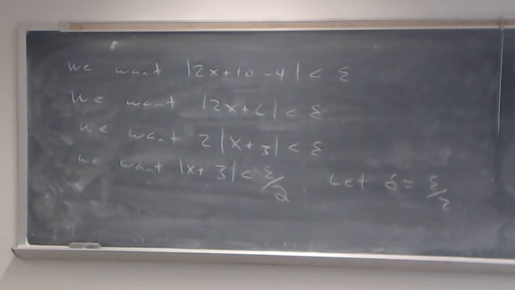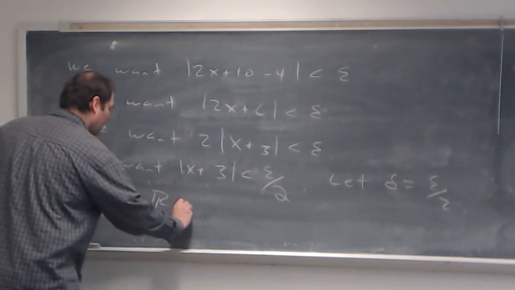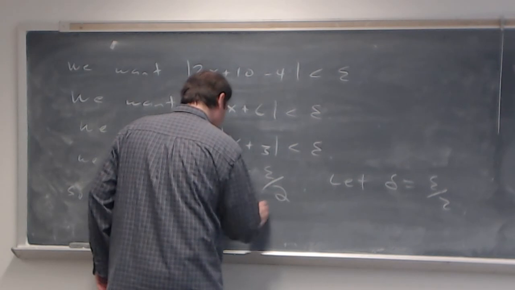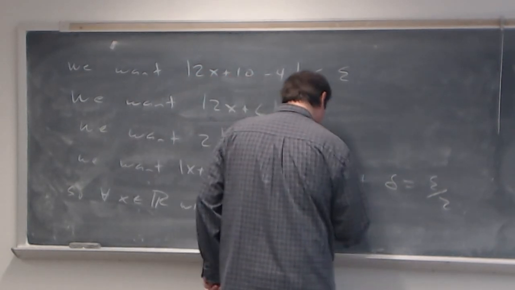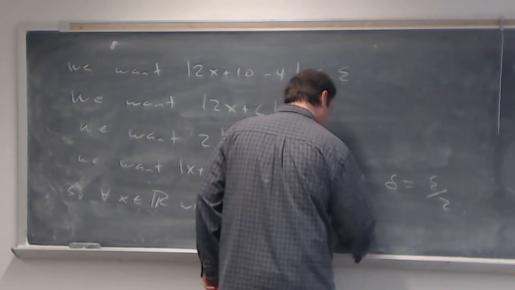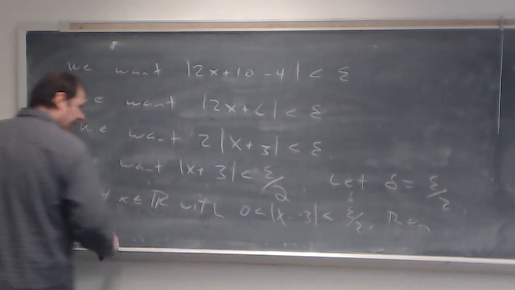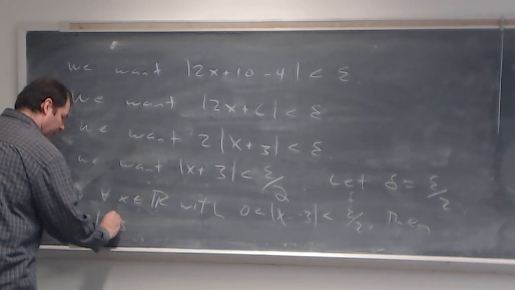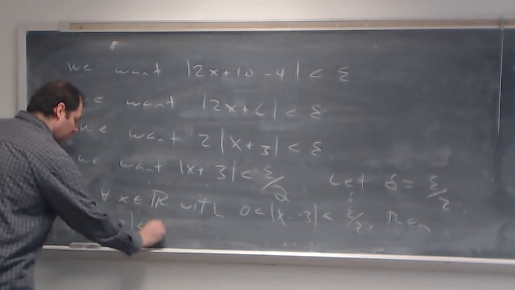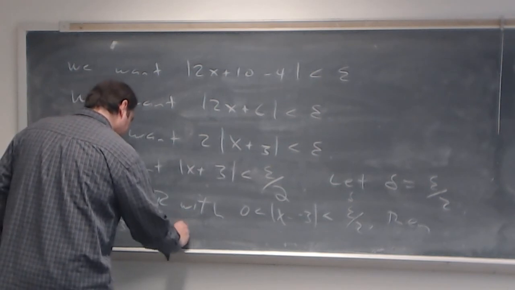That works. But if you wanted to be formal about it, you would say, for all x element of R with 0 less than the absolute value of x minus negative 3 less than epsilon over 2, that's my delta, then what would we have? I multiply everything by 2, so that 2 times the absolute value of x plus 3 will be less than epsilon. You can bring the 2 inside the absolute values here, and you get,